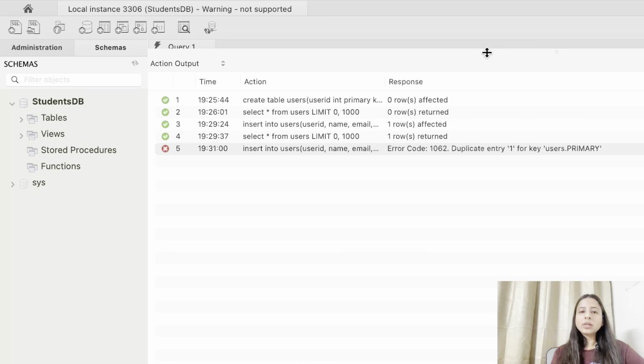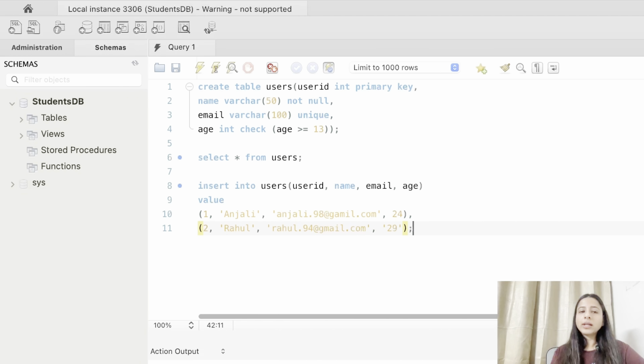And let me just give you another example to check the age constraint that we have used as check.